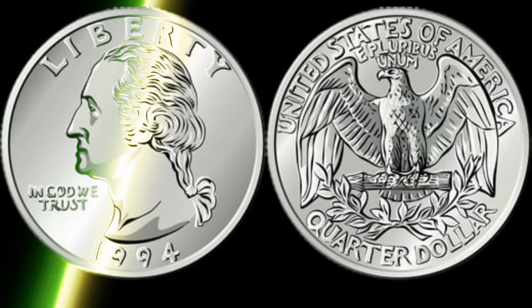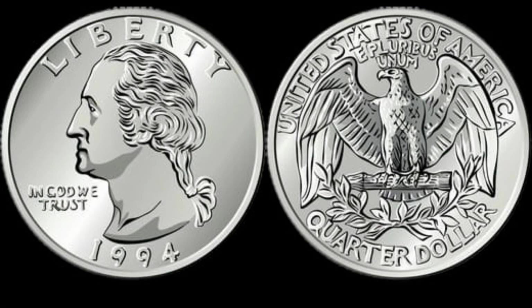And when even unverified rumors of private sales reaching into the tens of millions circulate in collector circles, it's no wonder that the 1994 quarter has become a holy grail of modern coinage. And if we are to believe reports of a particularly dramatic specimen featuring a wrong planchet, double die obverse, triple strike, and a broad strike error, all verified and encapsulated in mint state, being sold to a private collector in Europe for $79 million through a high-end broker specializing in ultra-rare artifacts,